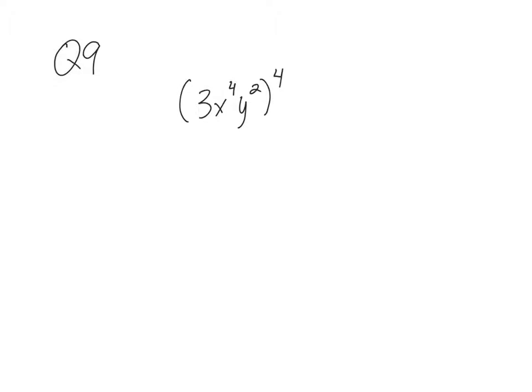This is the same rule as a couple questions back. This is the power rule. Remember that anything that does not currently have an exponent technically has an exponent of 1. And we're going to distribute that exponent to every piece. So really we have 3 to the power of 1 times 4, x to the power of 4 times 4, and y to the power of 2 times 4. To simplify that, 3 to 1 times 4 is to the 4th power, x will be to the 16th power,